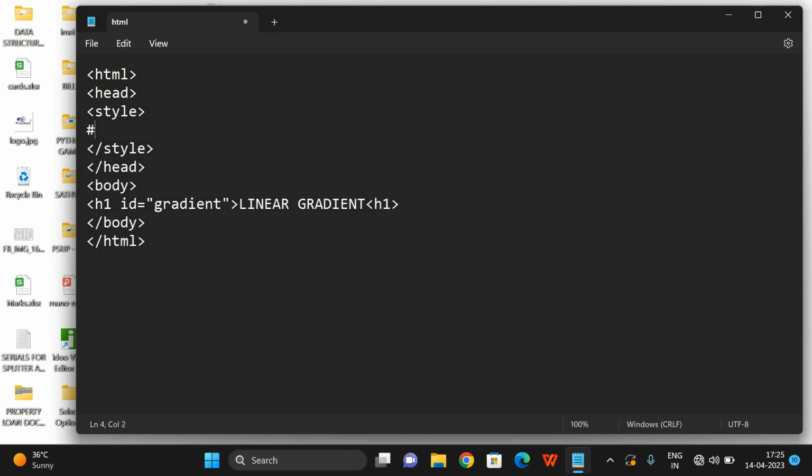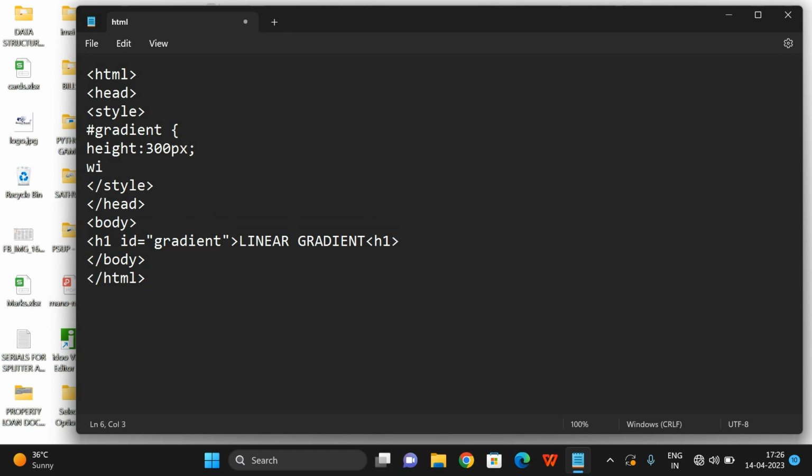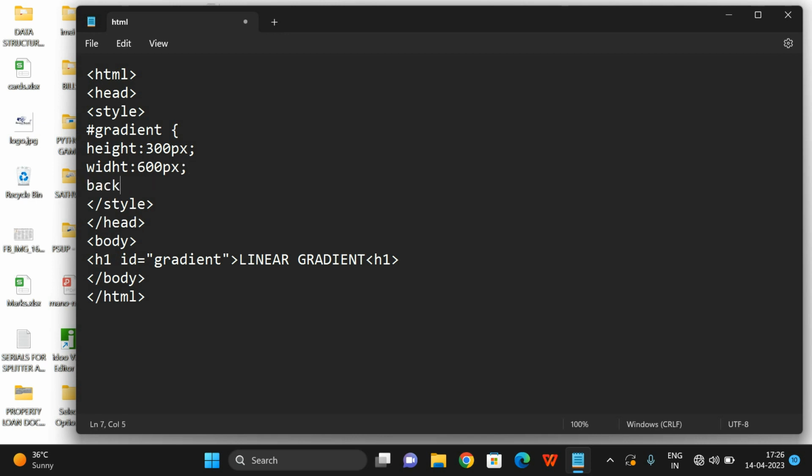So hash, give the id name, gradient, whatever the styles we want to apply, we have to write down here. So first let me give the height of this h1. So let it be some 300 pixel, and width, we can go with the 600 pixel,